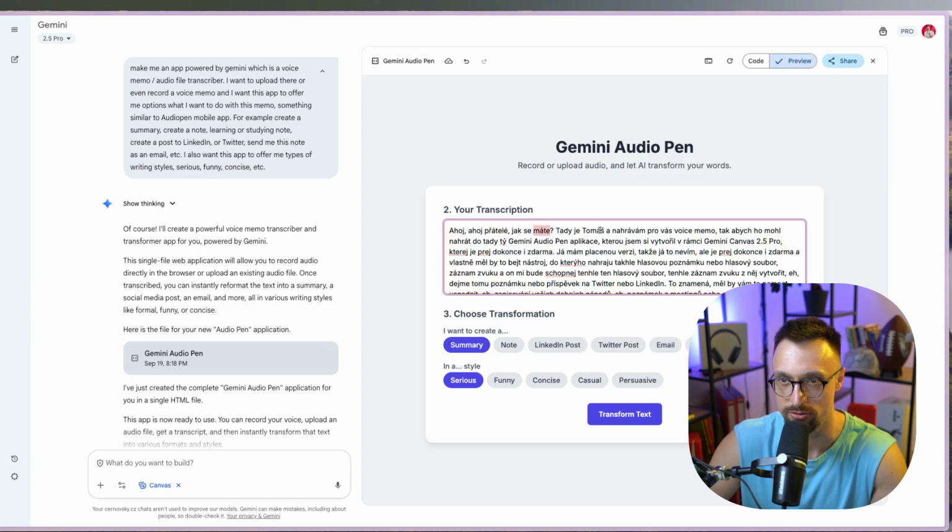How are you doing? Here is Tomas, and I'm recording a voice memo so that I can put it in this Gemini Audio Pen app, which I did create with Gemini Canvas 2.0 Pro. That's what I,